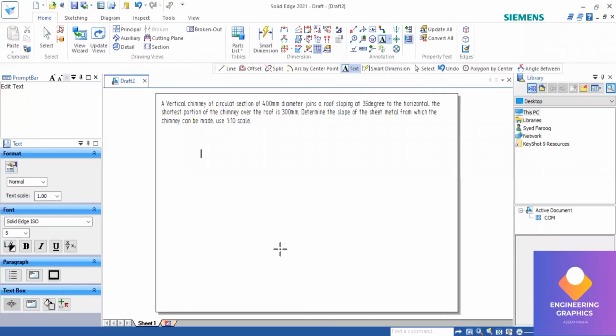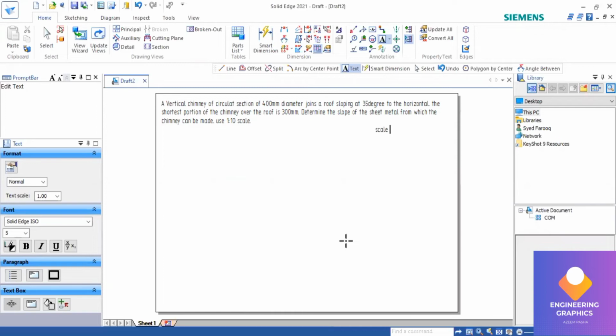Okay, this is an application problem. In this problem, they have given a vertical chimney of circular section of 400 diameter, which joins a roof sloping at 35 degrees to the horizontal. The shortest portion of the chimney over the roof is 300. Determine the slope of the